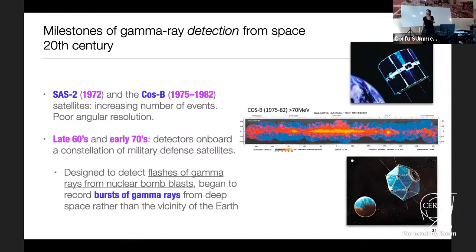But a nice thing happened in the 70s. We were in the middle of the Cold War, and the US launched the Vela satellites to monitor nuclear explosions on Earth. What they found were gamma rays coming from space, okay? So not all bad from nuclear research, something interesting came out of it. The first gamma ray bursts were really detected by a military mission.